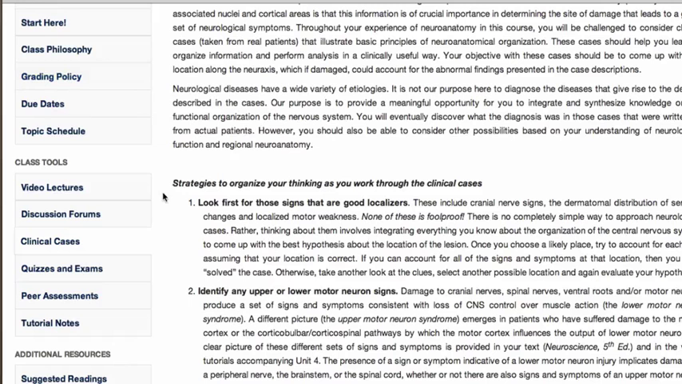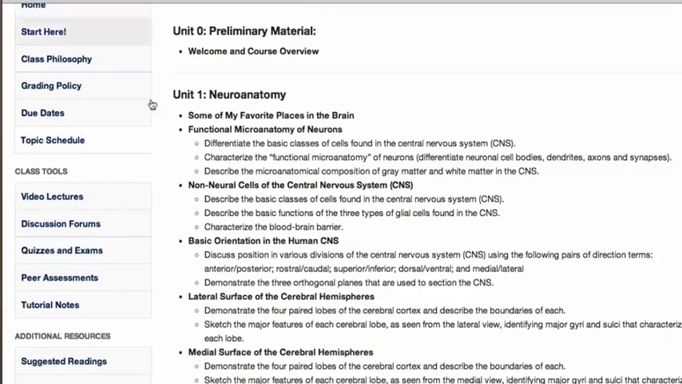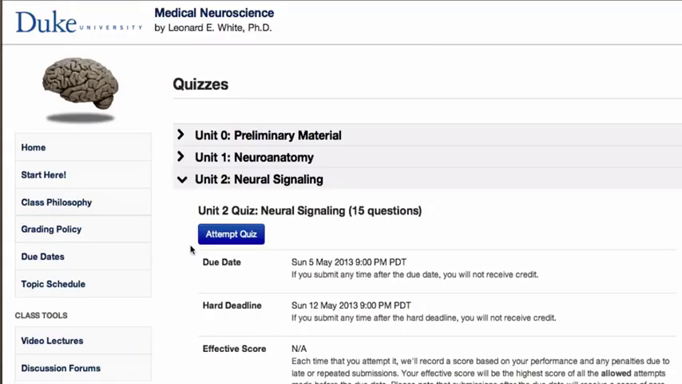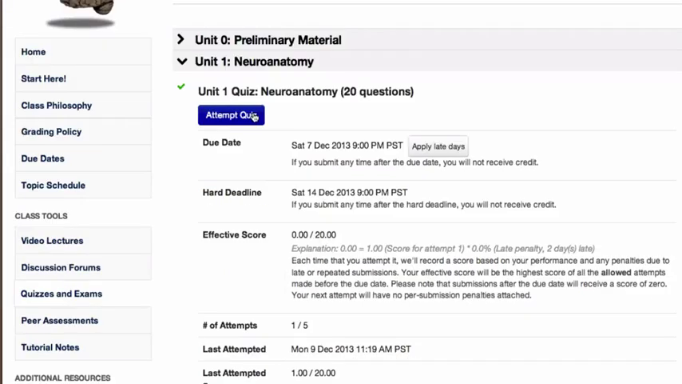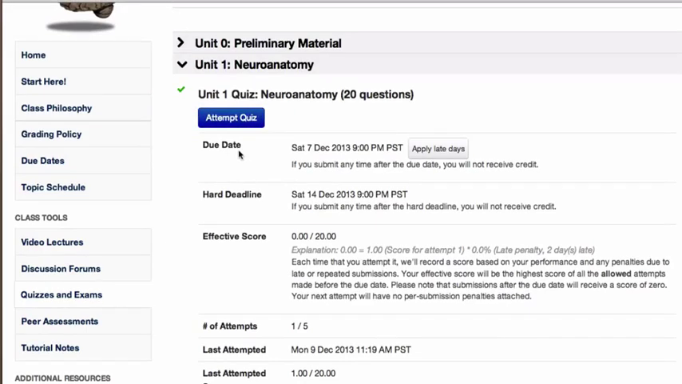Students will be able to access the graded assessments in the quizzes and exams and peer assessment page. The quizzes and exams contain questions that correspond to the video lectures. Each quiz and exam section contains a blue button labeled Attempt Quiz, which you will click on to start a quiz. You'll also find a due date timeline, an Apply Late Days button, which you can click on to use